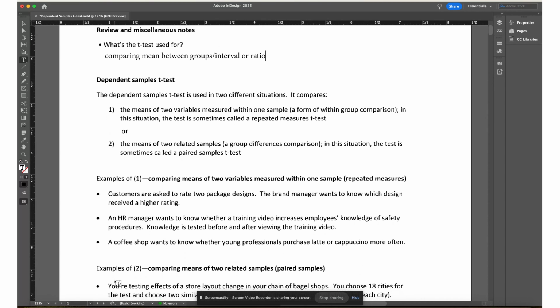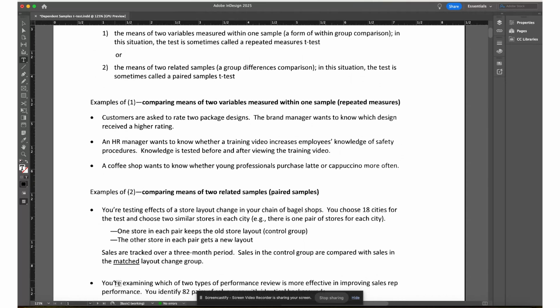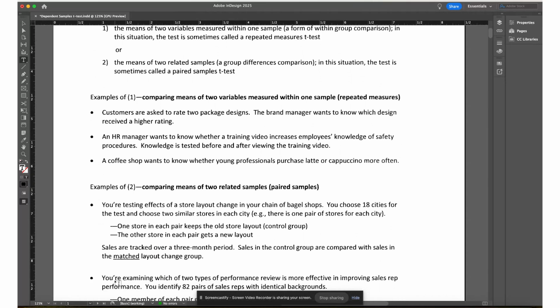Okay, now let's move on to comparing means of two related samples, or paired samples. In this first example, you're testing effects of a store layout change in your chain of bagel shops. You choose 18 cities for the test and choose two similar stores in each city. So there's one pair of stores for each city. One store in each pair keeps the old store layout. We'll call that the control group. And then the other store in each pair